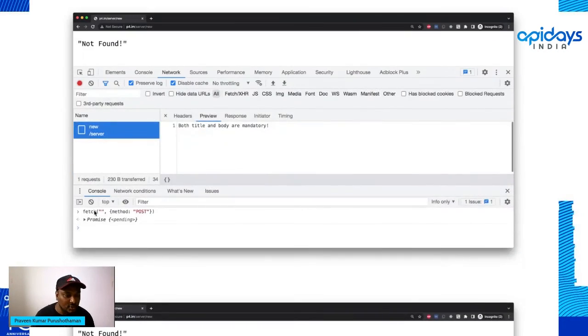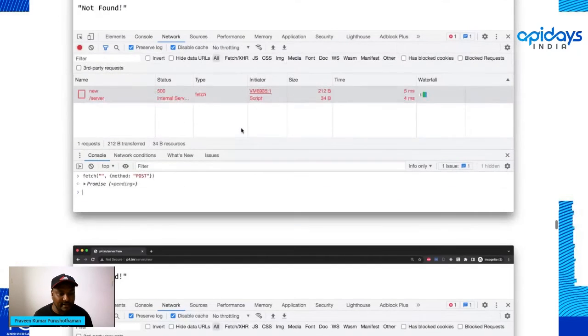So right now I just use the same fetch as yesterday, like what we did before. Fetch with the method post without giving a body. It says both title and body are mandatory. And then if I try to use